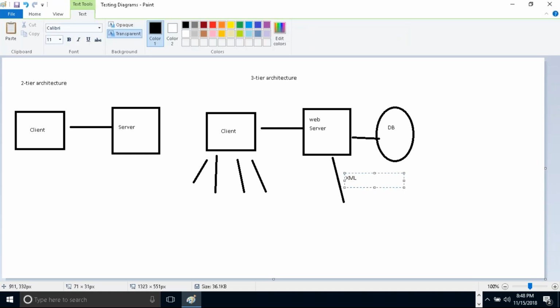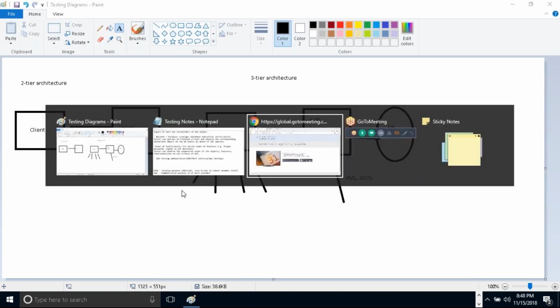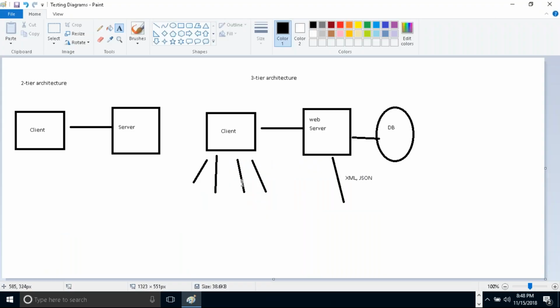XMLs or JSONs, right? So if it is SOAP services they are using, then the communication will happen in terms of XML. So you say a client always sends in terms of HTML only. Okay. So HTML browser, here I am entering something and click this button. So that will be converted to XML, and the XML will go here, and it will send the XML to